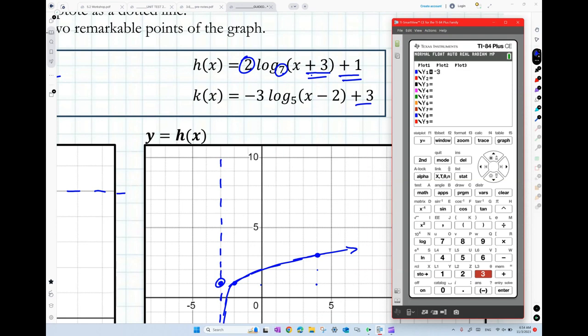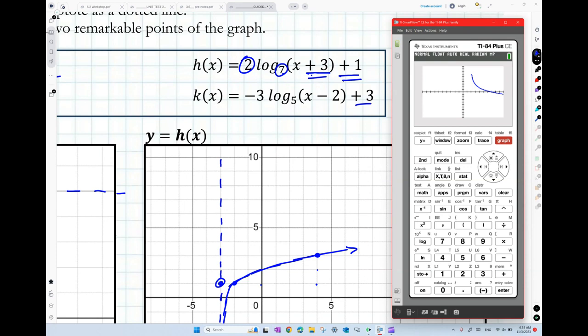To get log base 5, you're going to press alpha window 5. You indicate the base and the argument of the logarithm, x minus 2 plus 3. And then you can graph to see the general aspect of the function,